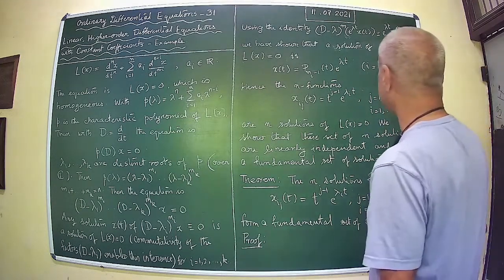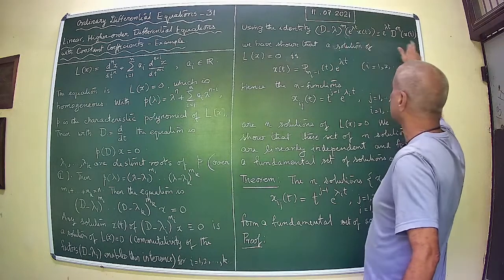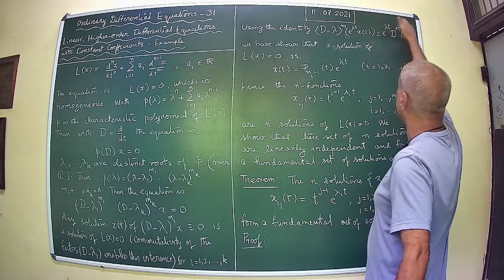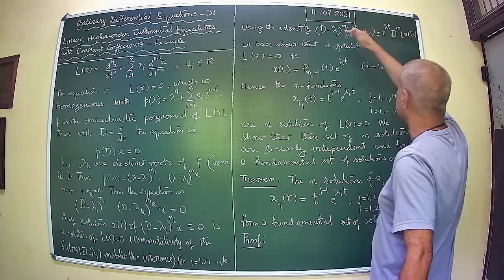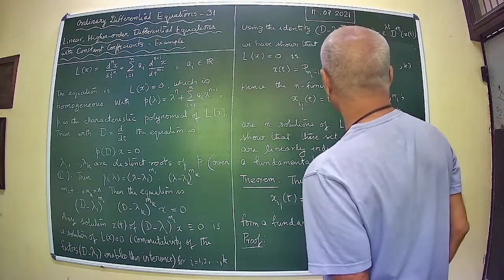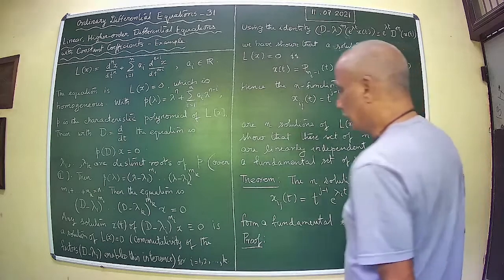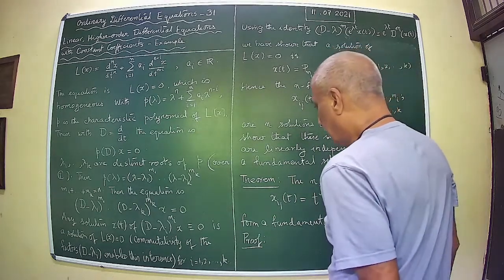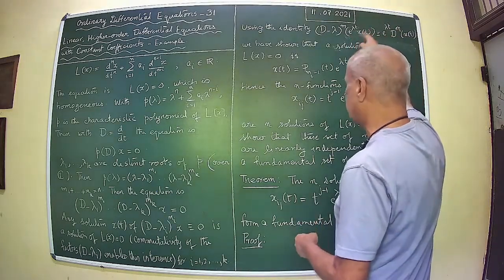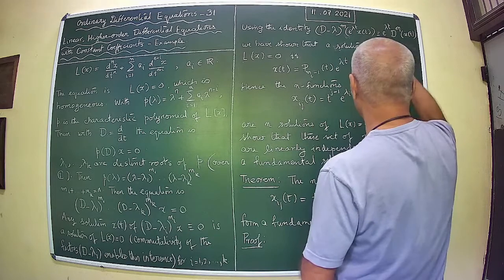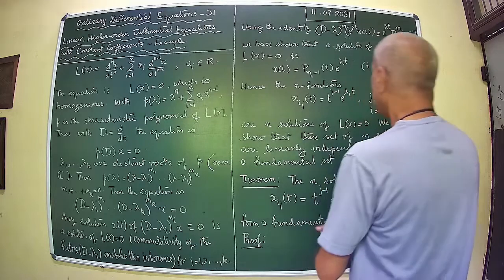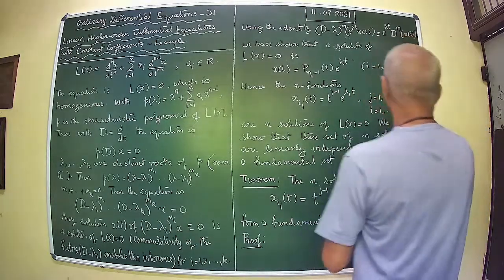Now using the identity, which we have proved earlier, (D minus lambda) to the power m of e to the power lambda t x(t) is e to the power lambda t D to the power m x(t). It's a very useful identity, and we can show that (D minus lambda i) to the power mi x, you write, you bring it in between e to the power minus lambda t and lambda t, and then work with e to the power lambda t and then use this identity, etc. Eventually you can show that this amounts to